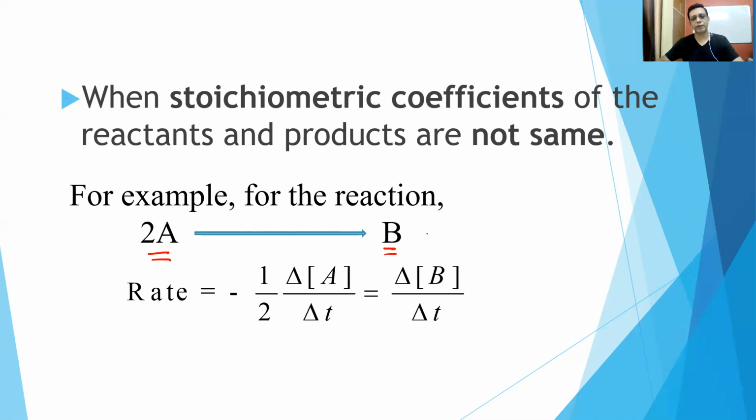So actually say this comes from here. This is minus d[A]/dt. This is the rate of disappearance of A, which will be equal to 2 times the rate of appearance of B. So to make them equal, if you bring this 2 here, it becomes half of d[A]/dt. But rate is expressed in one of the reactants or one of the products only. So we are keeping the coefficient together only.